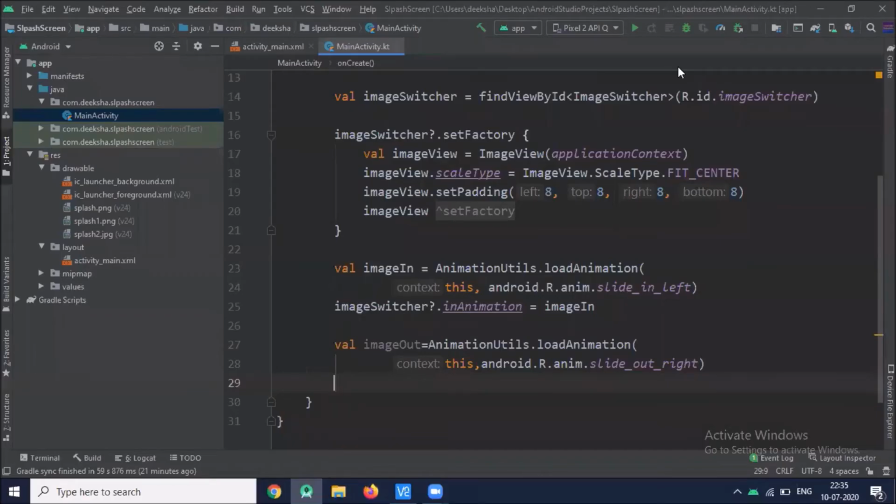Now we use the out animation method, which we use when our images move out to the right side.